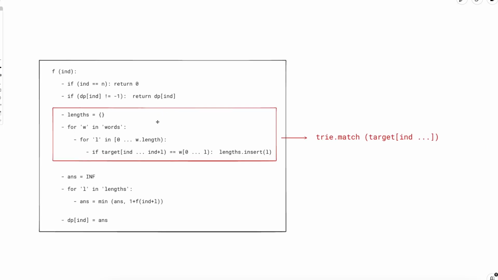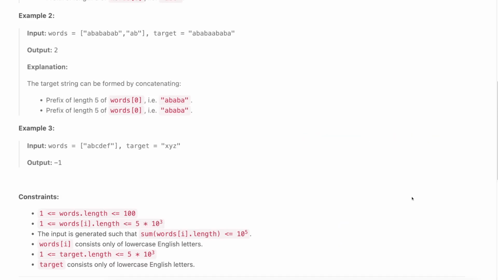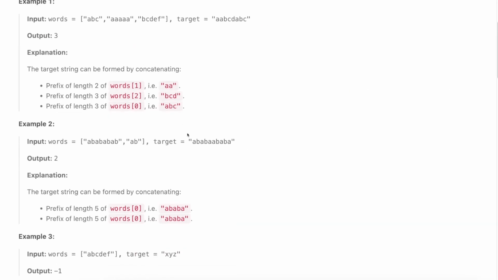Now once you have built it efficiently, you can simply replace this for loop with a function like this, and this entire function will run in order t time. So for a single state, you need order t time to compute it, and the total number of states is t. So the overall complexity of this algorithm is order t square, plus summation w as well because you are building the trie. This will pass the given time constraint for problem 3 because the value of t is 5 into 10 power 3 here. But this will not work for the last problem because the value of t there was